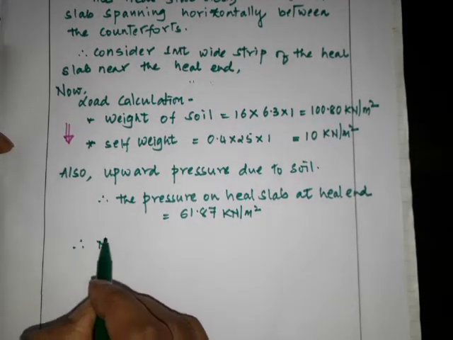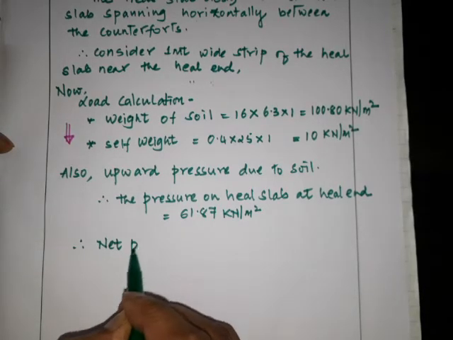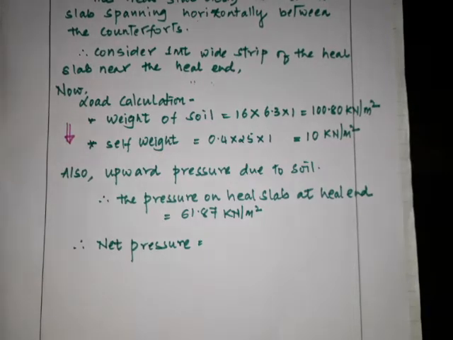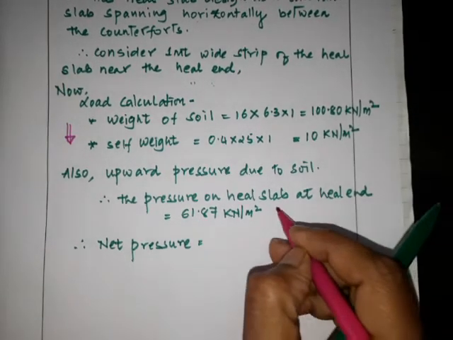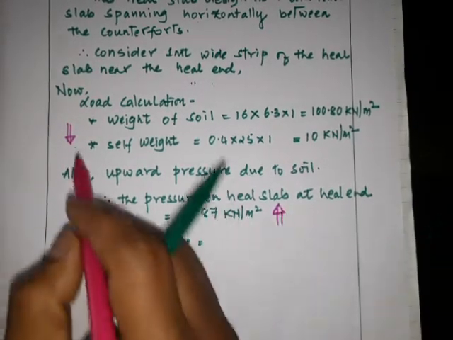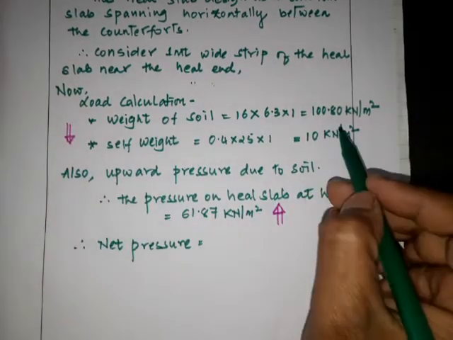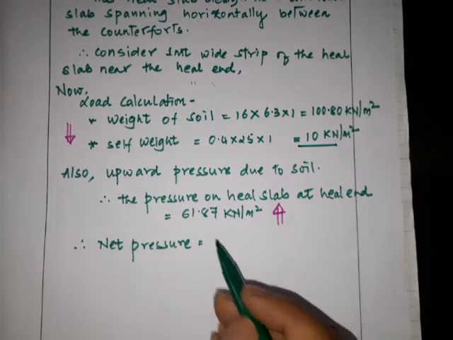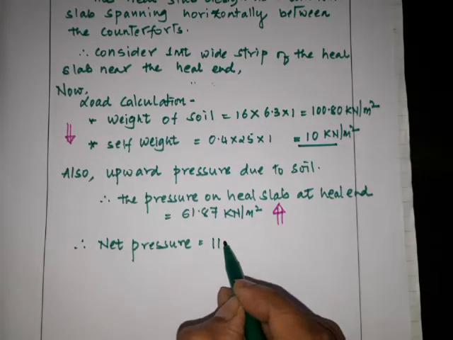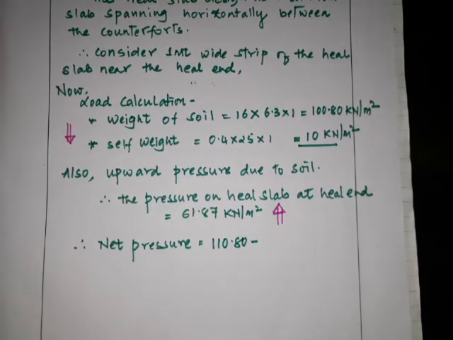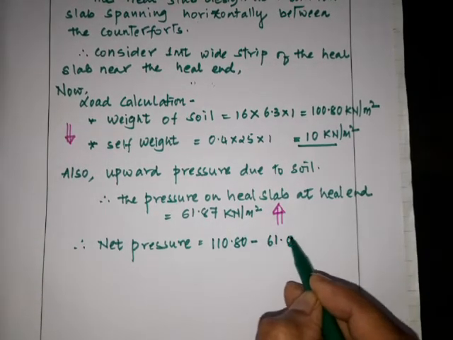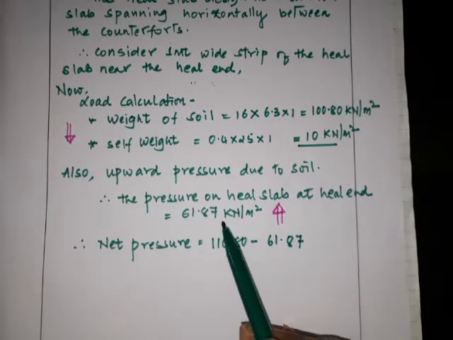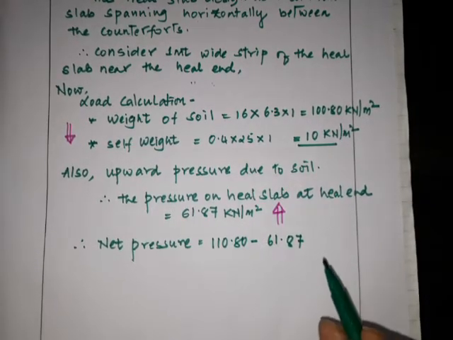net pressure or net load or net pressure is, so this is upward, so I'll mark it here, so downward minus upward, so downward is 108 plus 10, so we have to add this plus this, so we get this as 110.8 minus 61.87, 110.8 minus 61.87, so we get this as